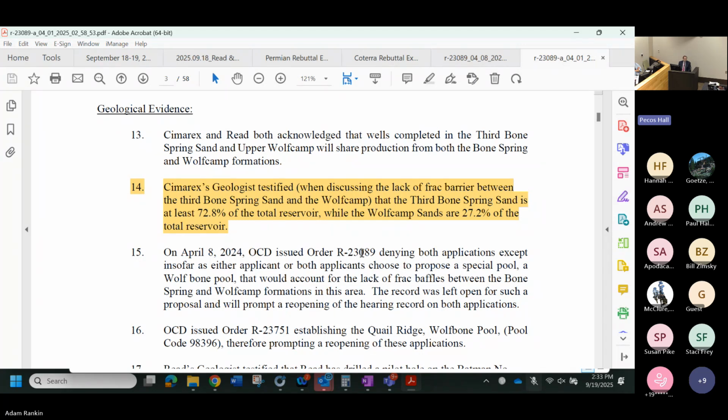Rankin is apt to say, the record stands for itself. It was reopened in order to create the Wolfbone pool. And the finding that it's predominantly from the Third Bone Spring was never contested by either party after that. So although the record was open as a legal matter, it was open to do the Wolfbone applications. And Permian didn't appeal that part of the record that made the finding that he referred to earlier about the predominant source of